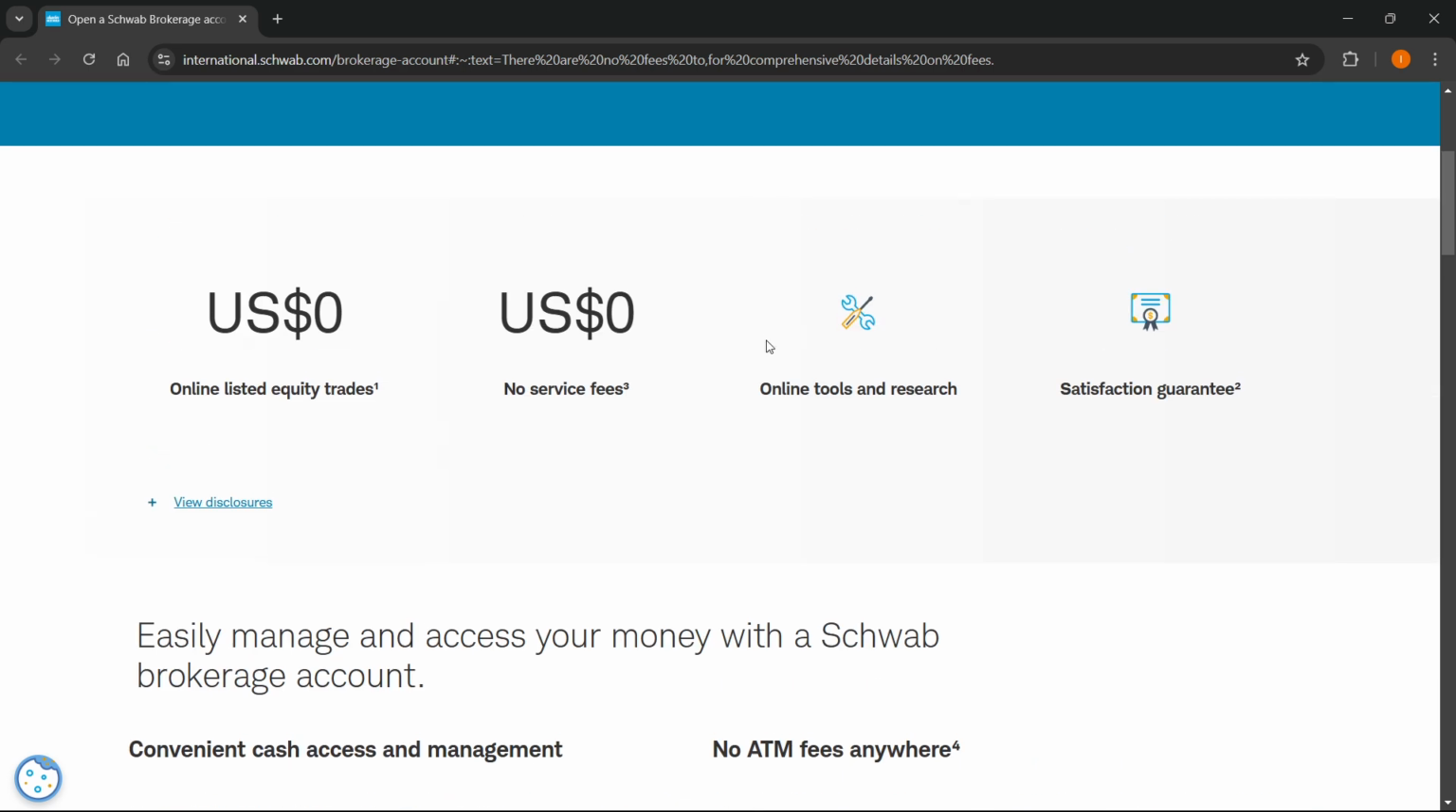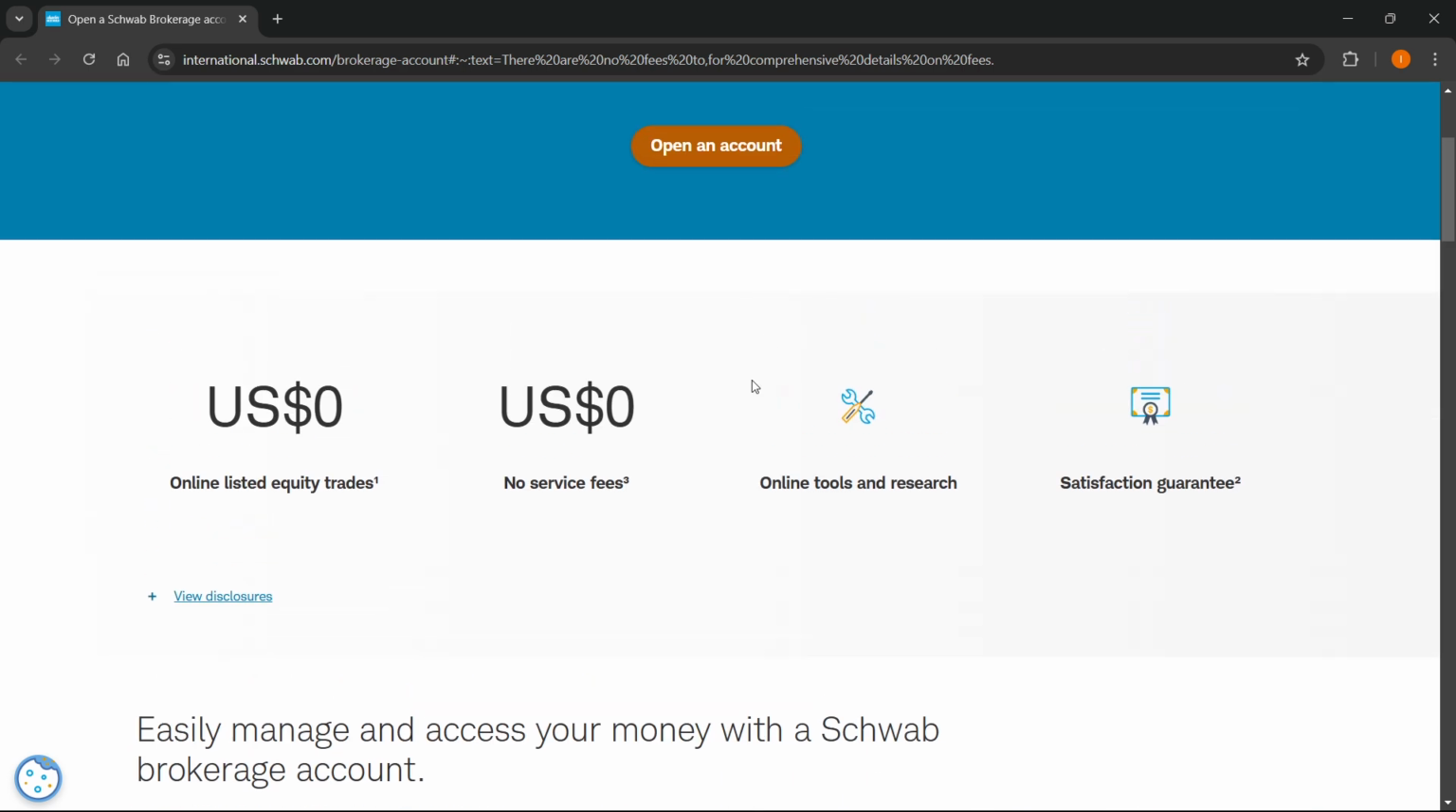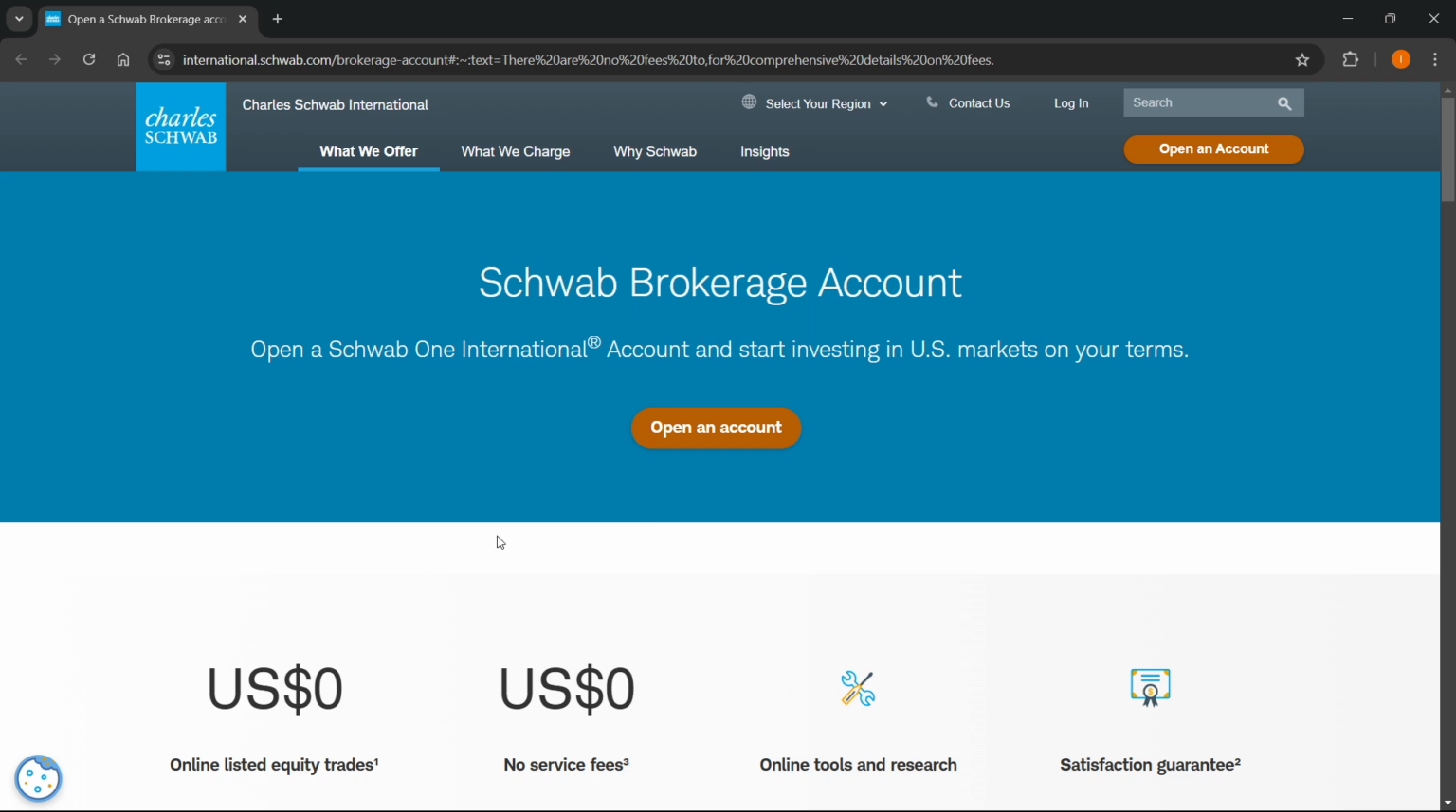So in order for you to be able to open a Charles Schwab account, it doesn't cost anything, and essentially it is completely free. You get no service fee, and you'll not have to pay anything to be able to